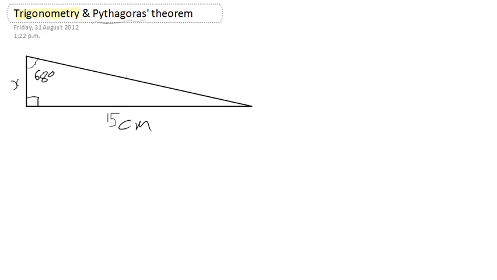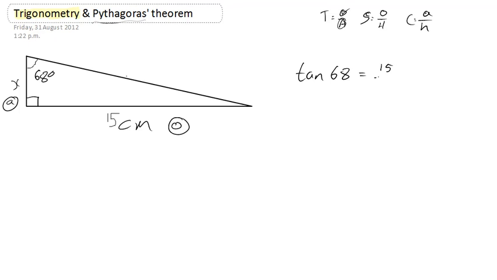So I need to label my sides. I've got the angle, this side is opposite, and this side is adjacent. And therefore, using my rules, Tell Old Atkinson, sort out his clothes and hair, I know I'm going to be using tan because I've got an angle, I've got the opposite, and I'm finding the adjacent. So I'm going to write out tangent, or tan 68 equals opposite, which is 15, over adjacent, which